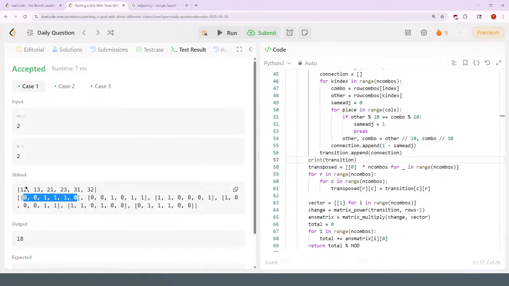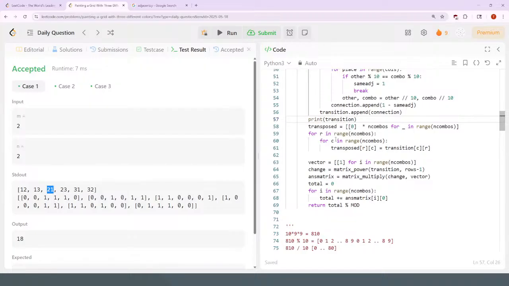So for this array, which is the connections for 1, 2, it is connected to the 2, 1, and the 1, 2 is connected to 2, 3 because it's not the same in the corresponding digits. The 1, 2 is connected to the 3, 1, and the 1, 2 is not connected to the 3, 2 because they have the 2's in the same spot, or 2's are adjacent. So anyways, the next set here is the connections for 1, 3. The next set here is the connections for 2, 1, so on and so forth. And then you need to transpose that